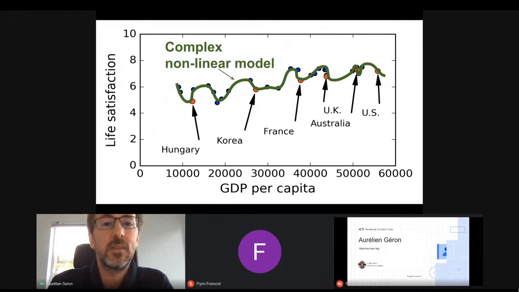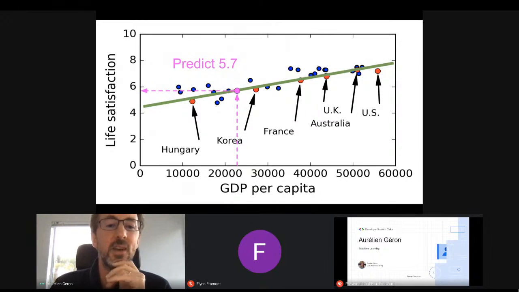If I think that I can always make a very precise prediction of happiness just based on the GDP per capita, that's the assumption I'm making. And that doesn't seem like a good assumption. So even though my model is more powerful, has more degrees of freedom, and it fits the data more closely, I would actually trust this model better. So it's not always the case that the model that fits the data best is the best model. You need to basically set aside some of the data points, maybe 20% of them, and evaluate various models to see how good they perform on that data that you left aside, which is called validation data.